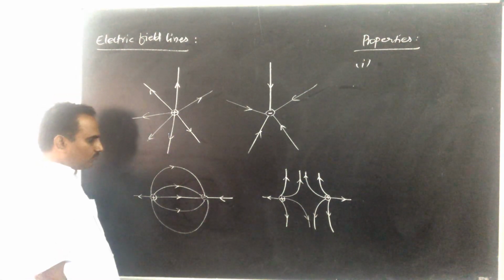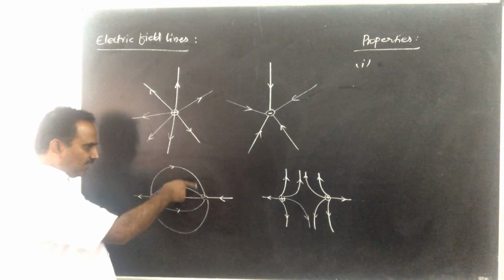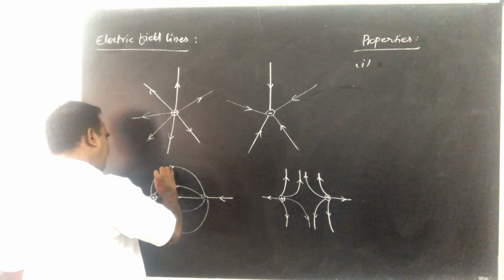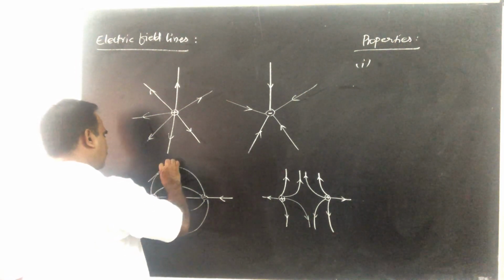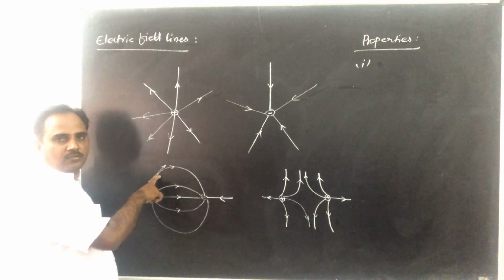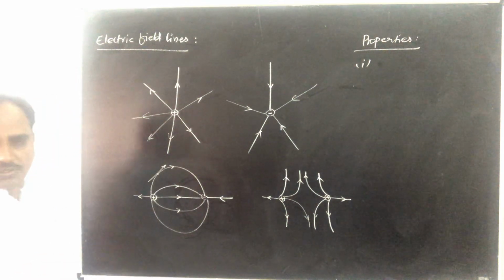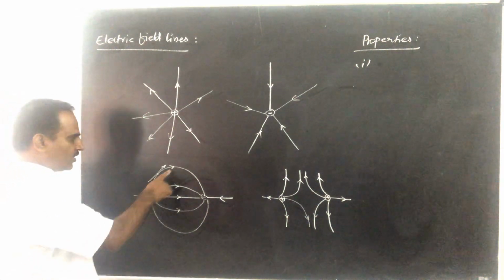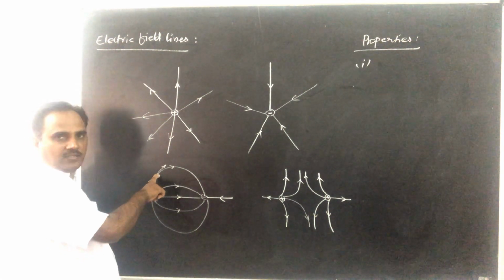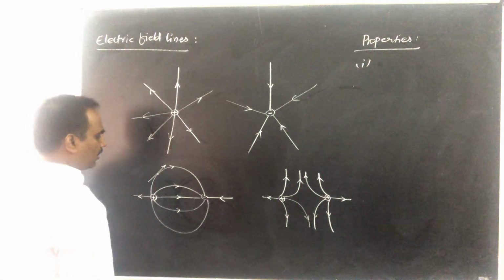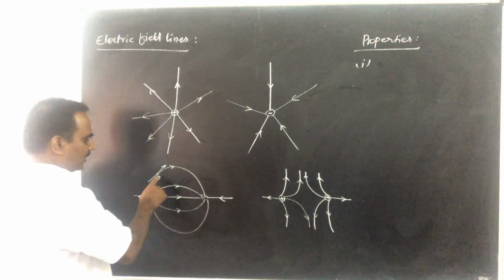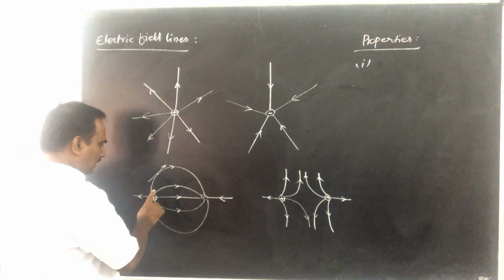And when this electric field line is curved, if I draw a tangent to this electric field line at any point, like this, it gives the direction of electric field at that particular point. What I mean to say is, the tangent drawn to an electric field line at any point will give you the direction of electric field. As I told you in the previous lecture, here there is a combined electric field. Due to the positive charge, electric field is like this.